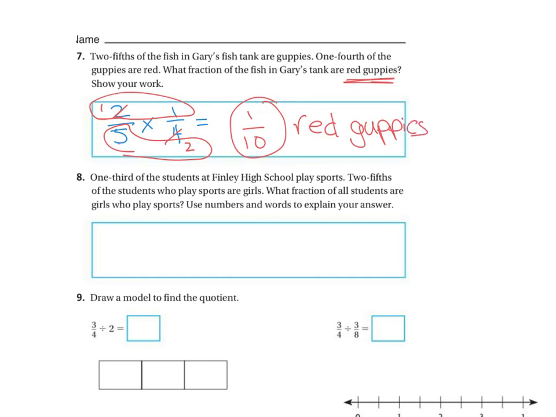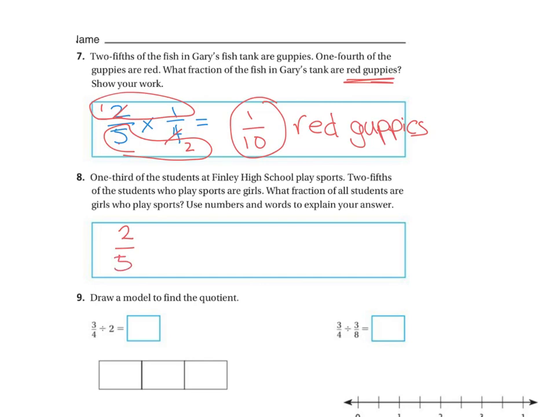All right, next question. 1/3 of the students at Findlay High School play sports. 2/5 of the students who play sports are girls. What fraction of all students who play sports are girls? Use numbers or words to explain. Well, it's the same problem I had up here. I have 2/5,